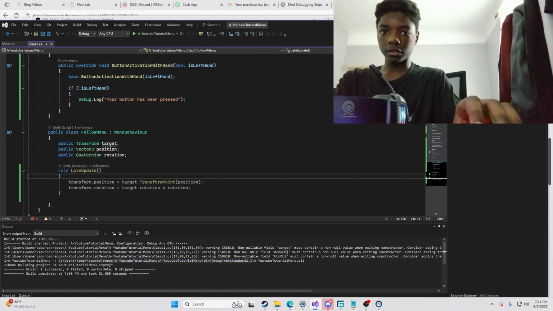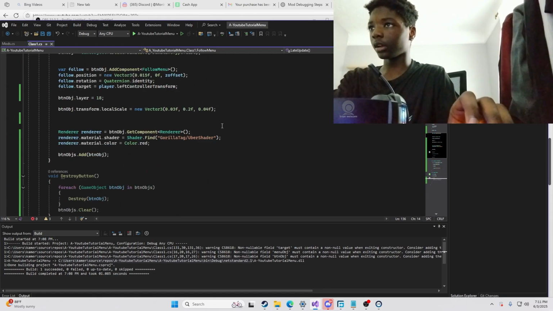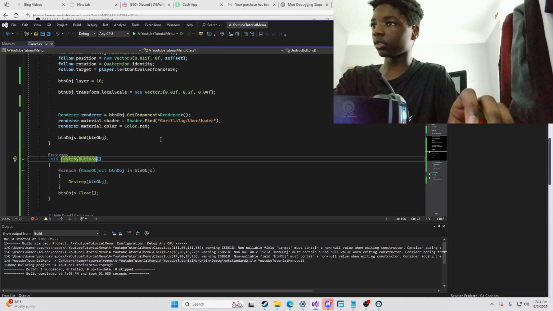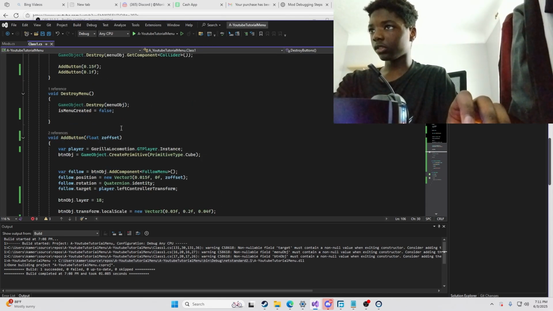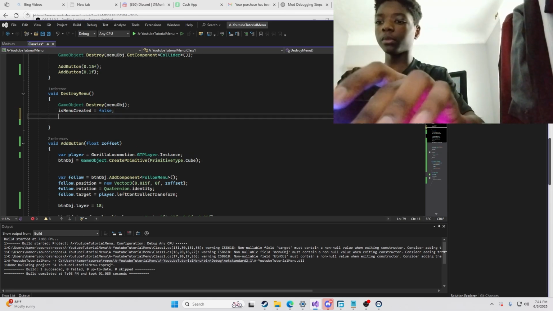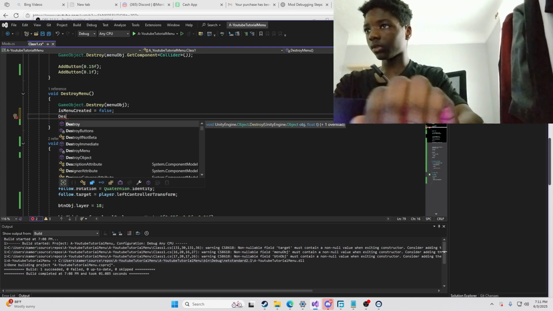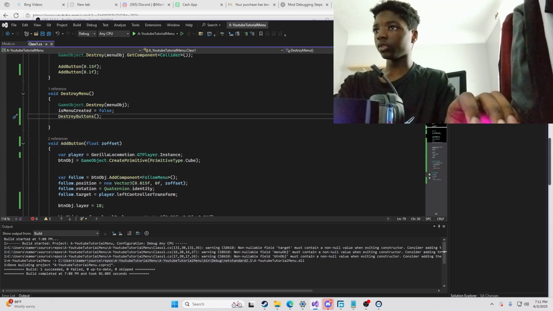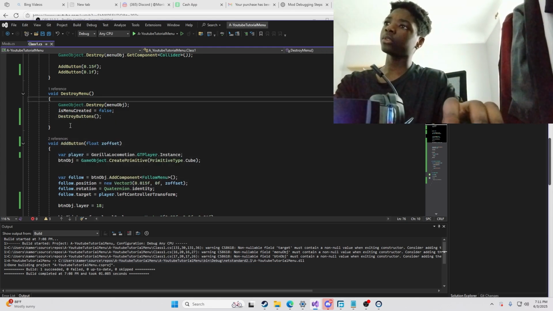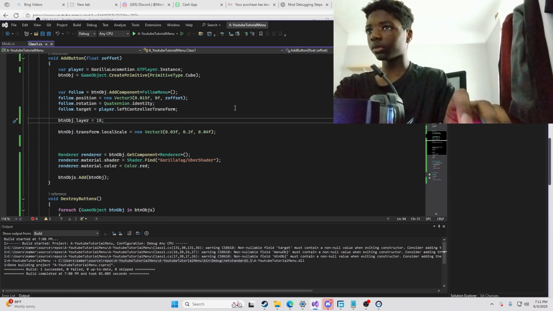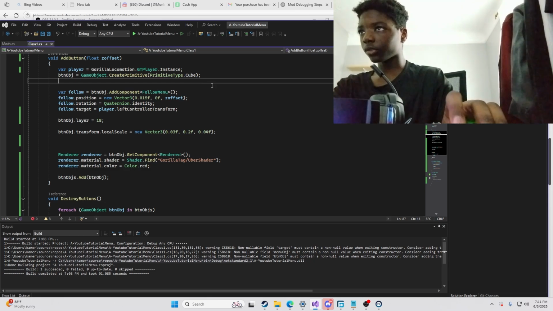So currently it's not working because I forgot to declare destroy buttons. I'm just gonna name this destroy buttons. We need to declare destroy buttons inside of the destroy menu void. So destroy buttons right here, just like that. And once you do that, you also need to